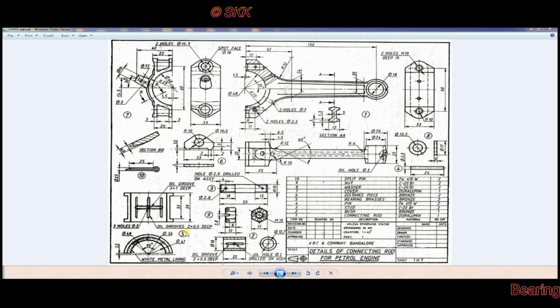Then go to part number 5, bearing brasses.